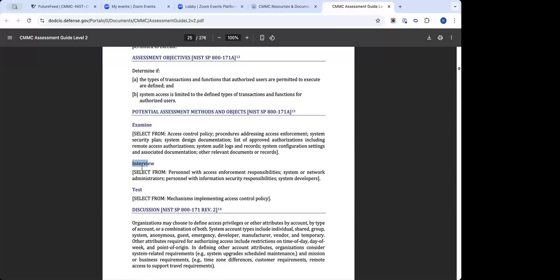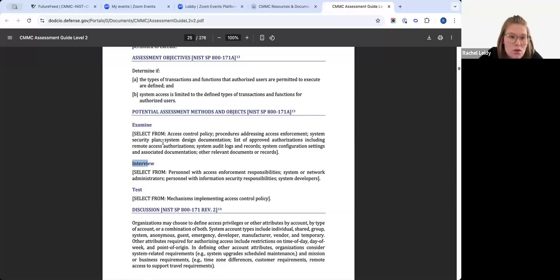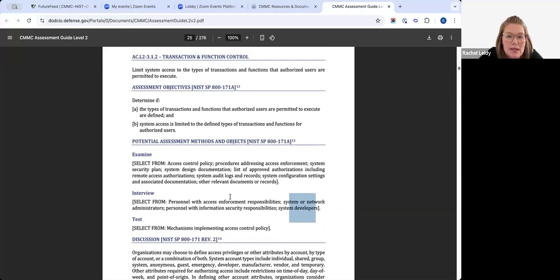In the interview section, it says you should potentially interview your system and network administrator or the system developer. So what we did is we created built-in teams, and